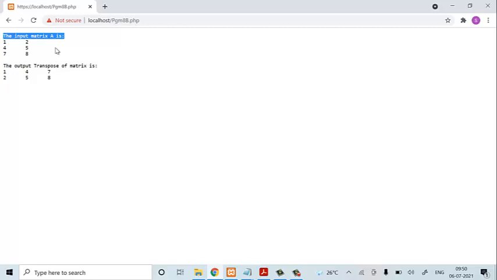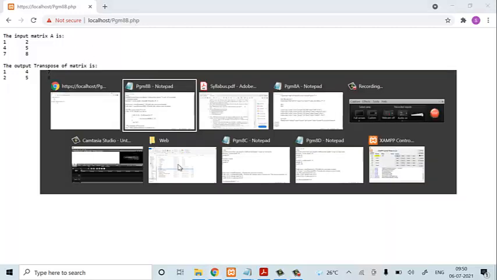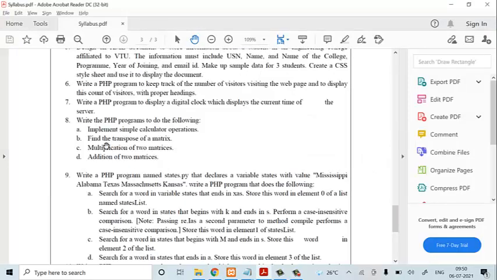The rows should be converted to columns. Now you can check it out: where 1, 2 is your row, here it is a column; 4, 5 is a row, here it is a column; 7, 8 is a row, and here it is a column. Okay, this is about transposing your matrix. Now next, multiplication of two matrices.